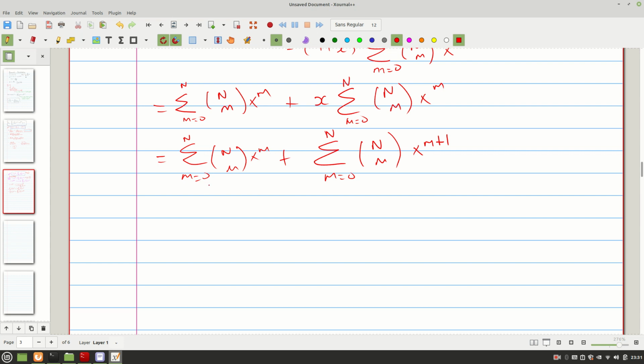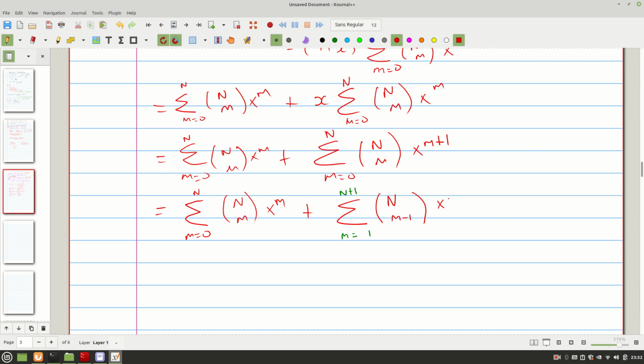Yeah, we can write it like, especially the second term. I mean, the first term we can leave as is: the summation from m equals 0 up to n of n choose m times x to the m, plus the summation. Now we're going to change the limits here, so m is equals to 1 until n plus 1. The limits have changed, so that's why I'm indicating it in green, so that we are very careful. And then we have n choose m minus 1